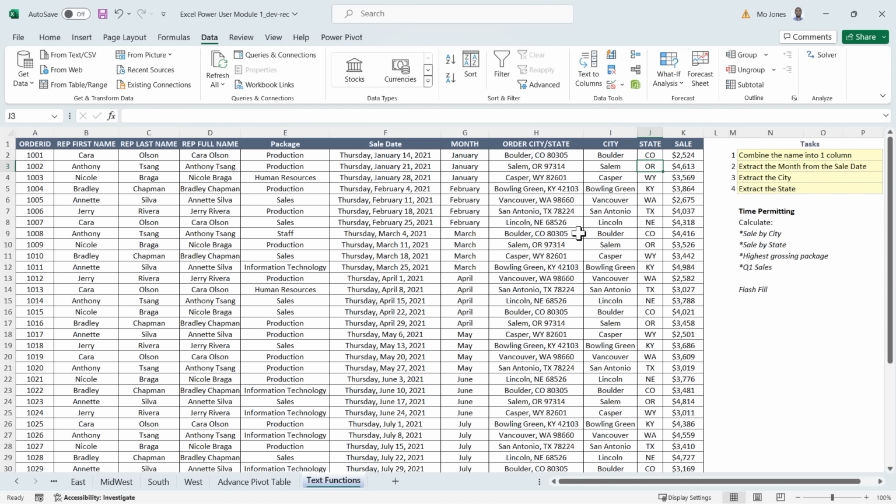So that is Flash Fill. Really nice tool to improve your data set. In this case, we were able to have the rep's name in a full column here. We're able to extract the city and the state. So now we can run reports based on city and state. We also extracted the month. Didn't need to do that because we have the timeline